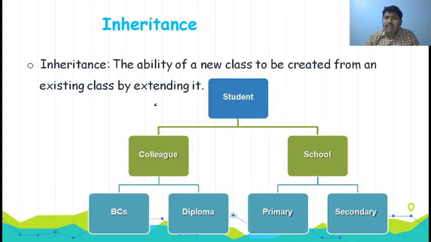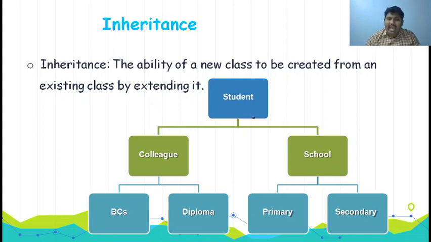And what is meant by inheritance, which is also a very important feature of Java programming. Inheritance achieves the concept of reusability. What is reusability? The ability of creating a new class from an existing one. For example, if you have already created a class that contains some data and methods, and you have a requirement again, you need not write that class again. Simply we can inherit that class by using a feature called inheritance.